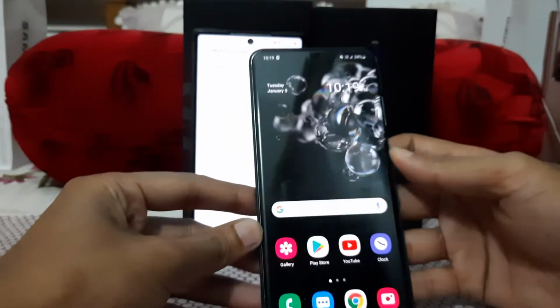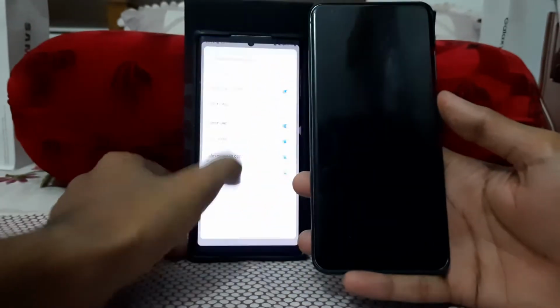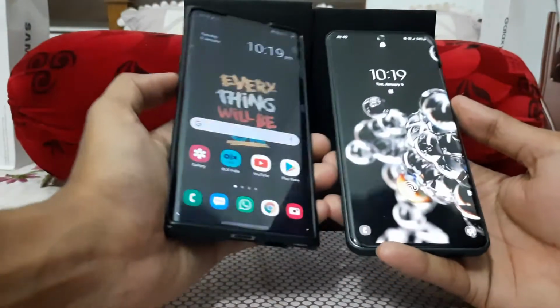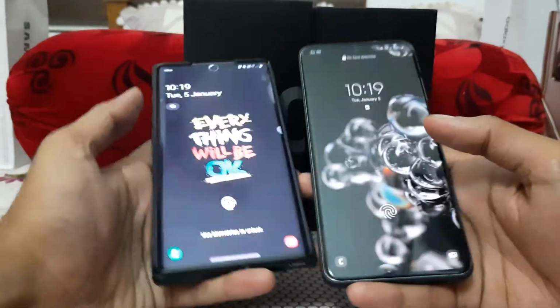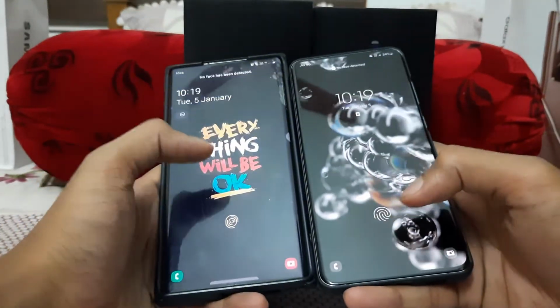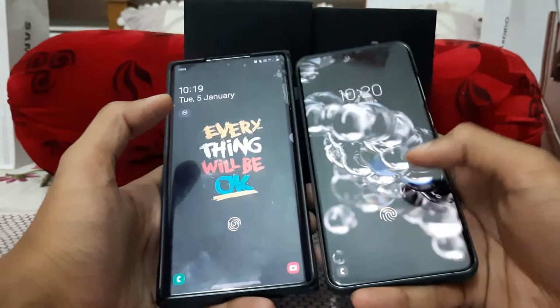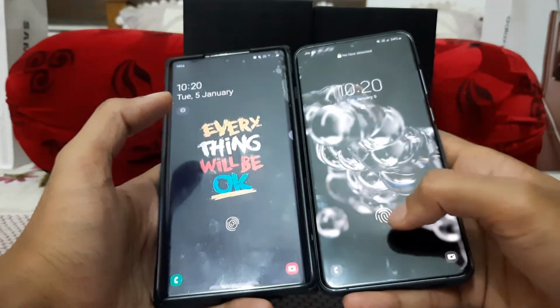And one more design change is in the lock screen. So you could see both lock screens over here. You could see the animation of the fingerprint has now changed. This is, I would say, a sort of MIUI animation, and